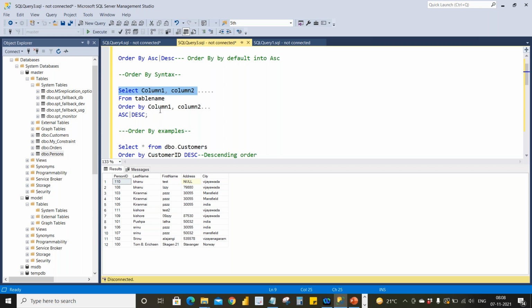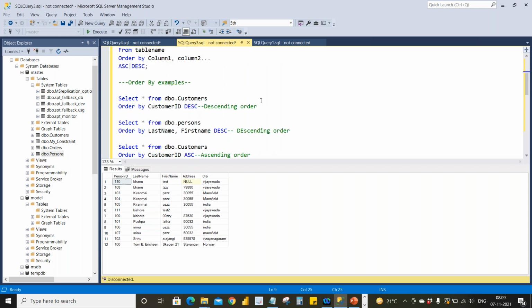So order by column 1 ascending or descending, or if you want to sort with both columns, you can give that. You can give two or more columns also. It's your wish, single column or more than one column.